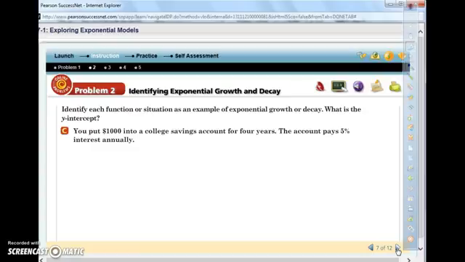Part C. You put $1,000 into a college savings account for 4 years. The account pays 5% interest annually. Is this situation an example of exponential growth or decay? What is the y-intercept? Okay, so for this one, since we're dealing with money and we have a rate, we're going to use that other formula, the y equals